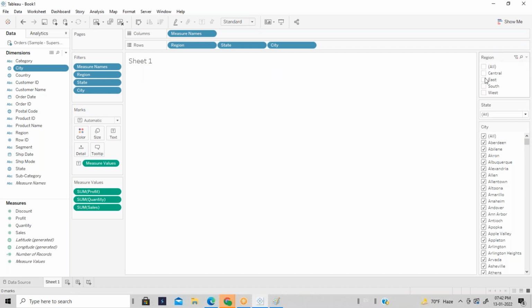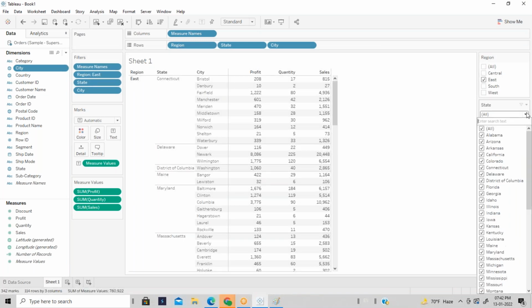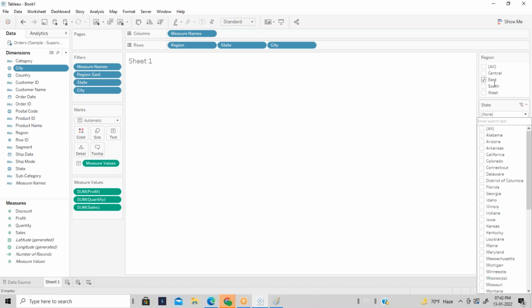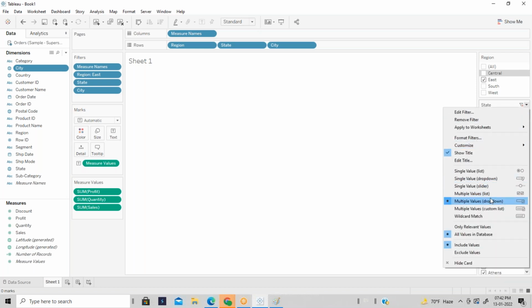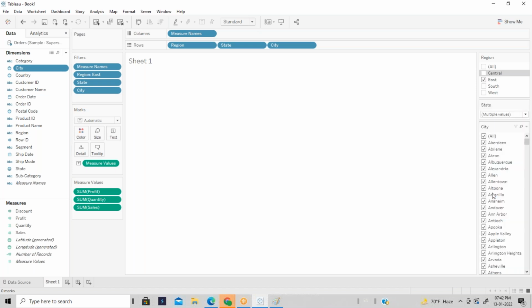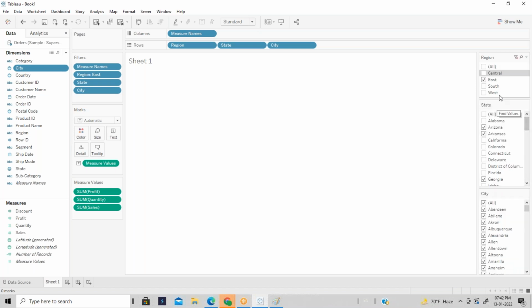Say I selected the East region data. Under the East, I want to select specific states. See, why do I not see data? Guys, I selected the East and also selected the state, but the data is not appearing.